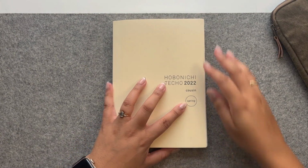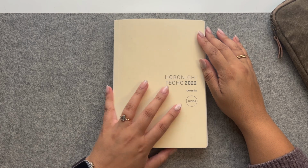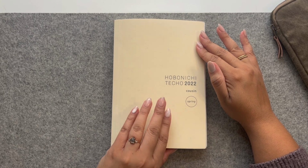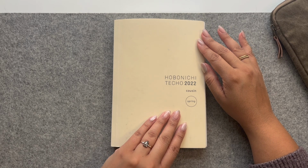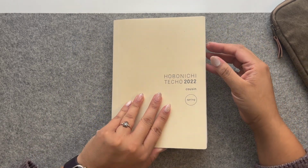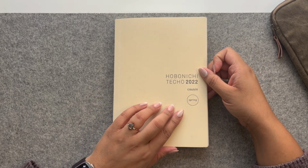So the first thing I want to point out is that this is a Spring Start Cousin. When I started 2022, I had set up an A5 Stylogy as a bullet journal, and I was planning to use that A5 Stylogy in lieu of my Hobonichi Cousin. By March, I realized that I was missing the Hobonichi Cousin and the structure of it, and I was mostly missing the weekly layouts. I love the weekly layouts in the Cousin,